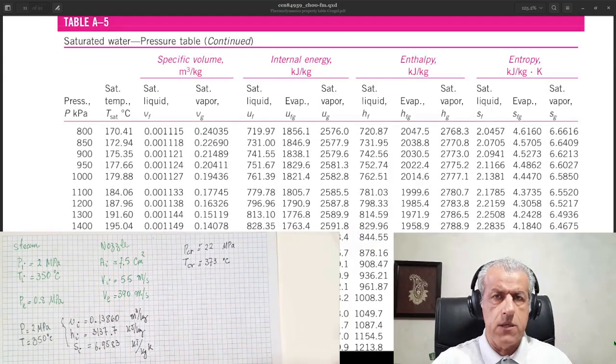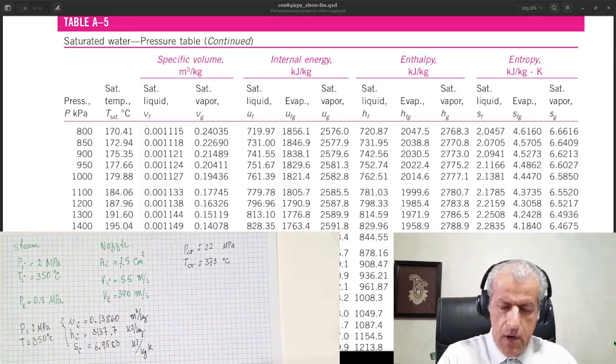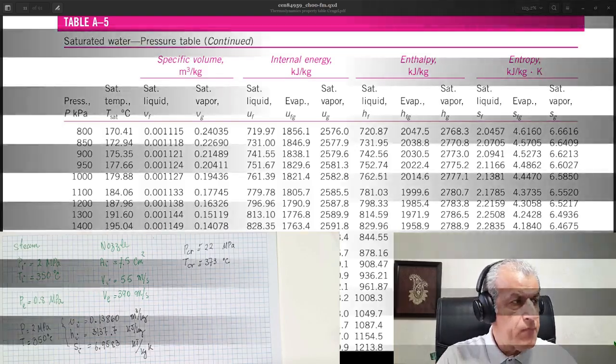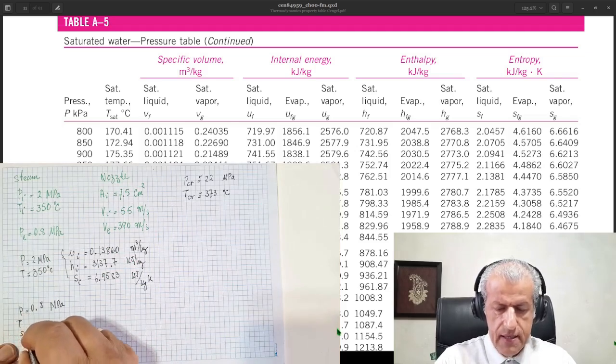Well, 800 kilopascal or 0.8 megapascal is just on the first line. So for P equals 0.8 megapascal, the saturation temperature Tsat equals